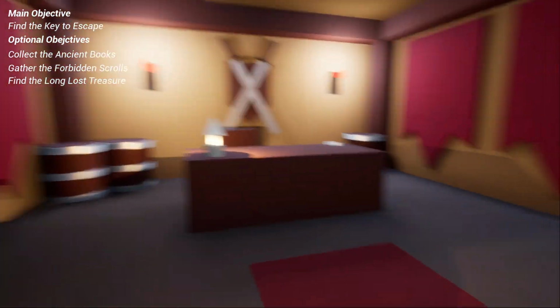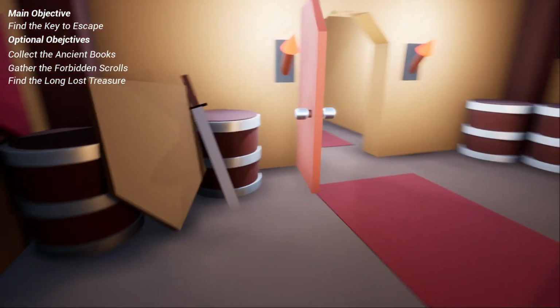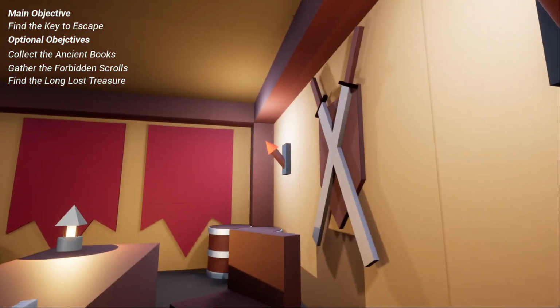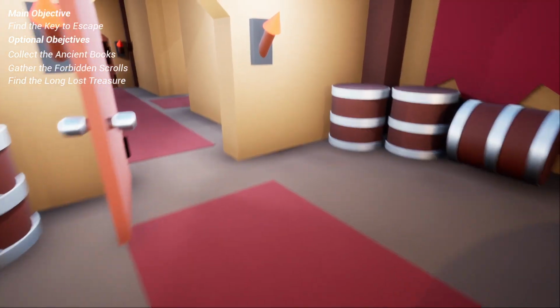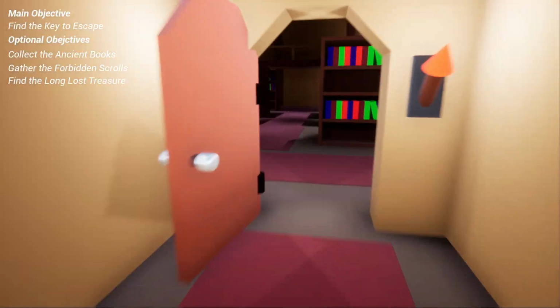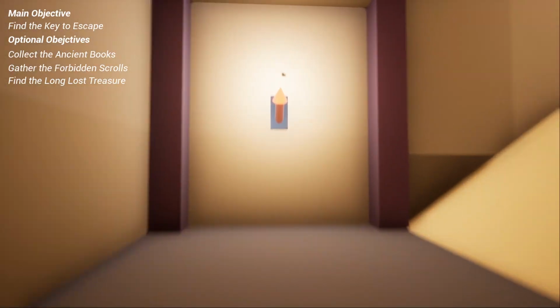As we enter the warden chamber, it feels more full of life. It actually has barrels, it has his swords, and it has wall decor. As we can see, we find a key here, which is the ending key. Open it up because of the lever. We will go this way